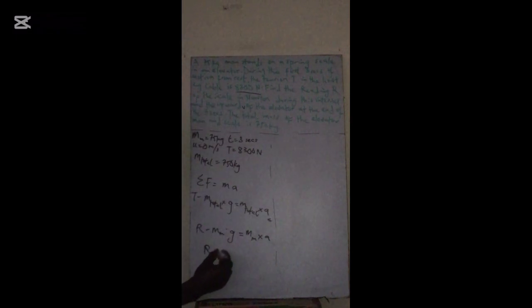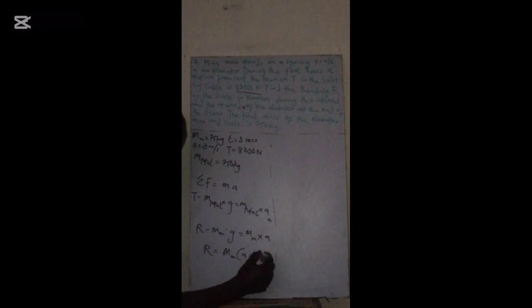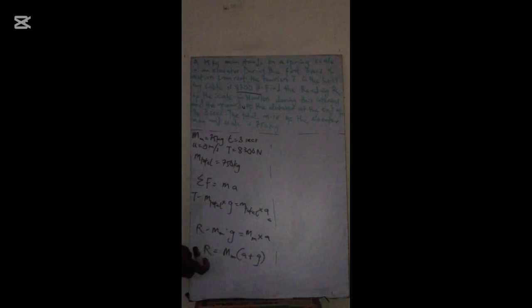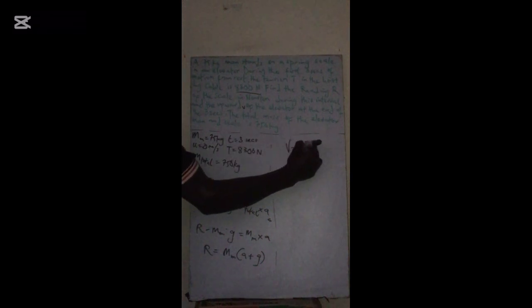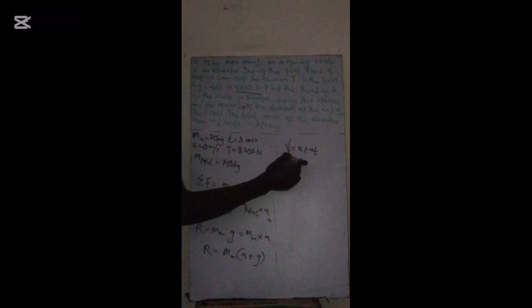At the end of the day, you'll have R is equal to mass of man into acceleration plus gravity. So by that time, you will have been able to get the scale reading. I'm just giving the steps that you're going to use to solve it. After that, when you get your scale reading, you can now use the equation of motion to get the velocity. Since